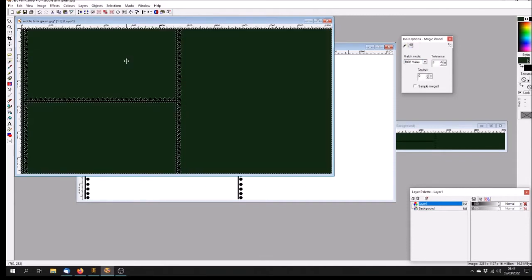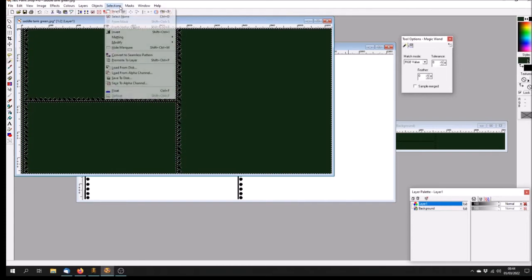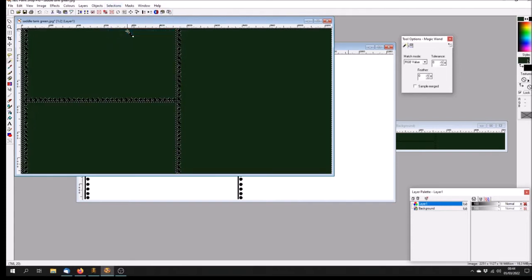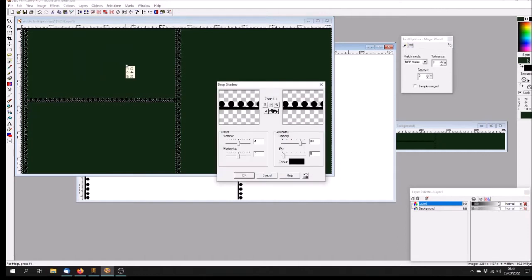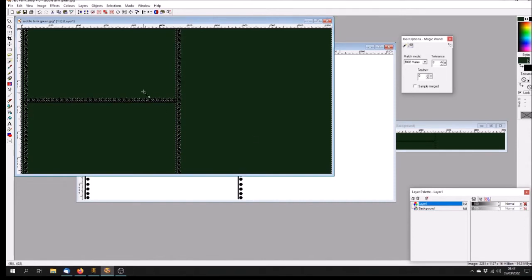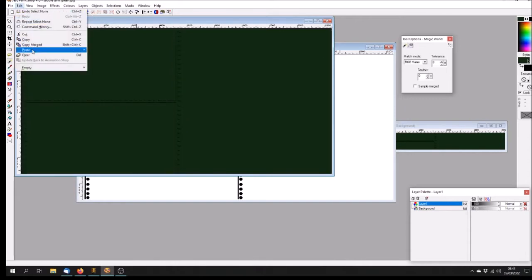first of all I deleted all the white, then I reversed the selection and I added a drop shadow under 3D effects. So this is in PaintShop Pro, but I'm sure it's pretty much the same in PowerPoint. And what I actually did is I put a shadow on the horizontal slightly to the left, and then I deleted the black, and then I pasted another layer,